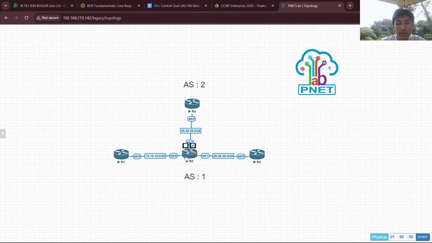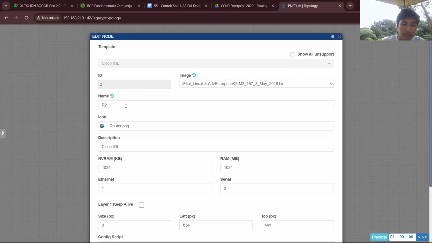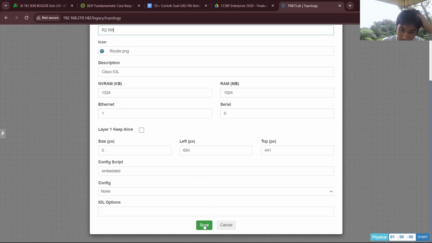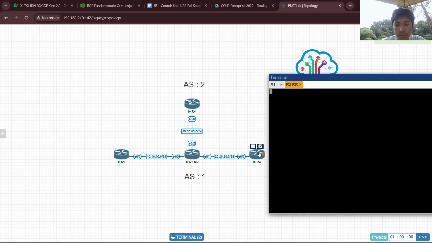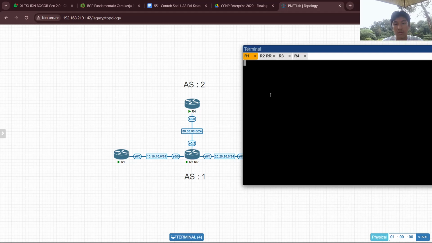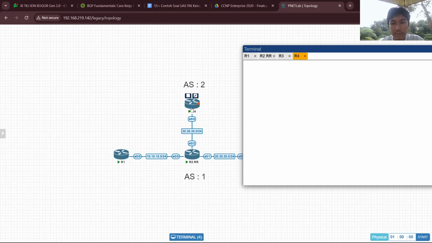So this means eBGP, iBGP, and this will be the route reflector. Then connect. Just need to wait for a minute.